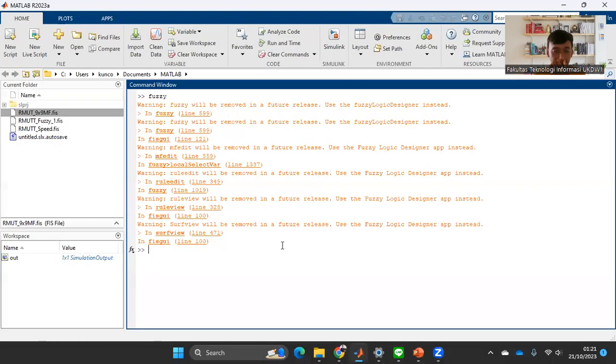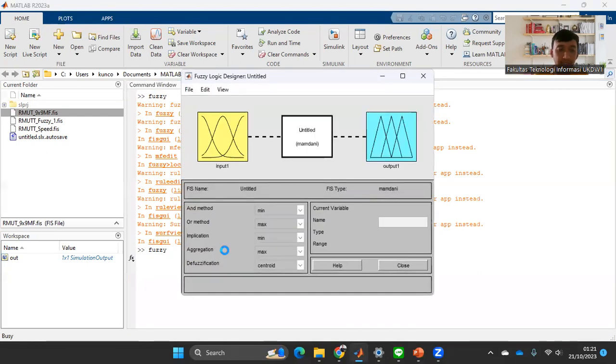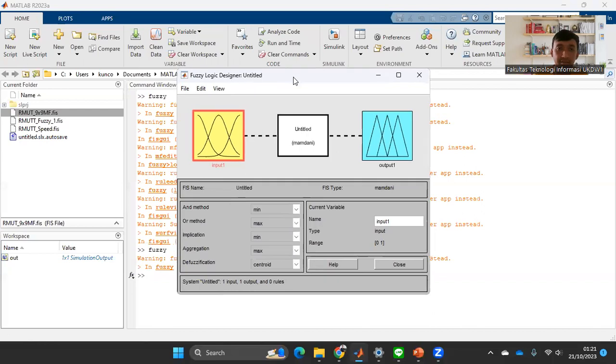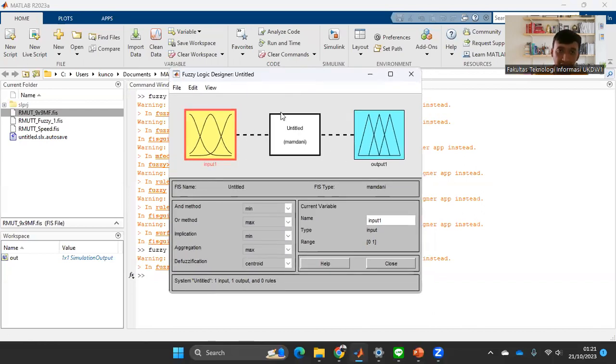To start the fuzzy implementation in MATLAB, you can write fuzzy in the command window and press enter. The Fuzzy Logic Designer appears, and we can start making the diagram, our system, here.